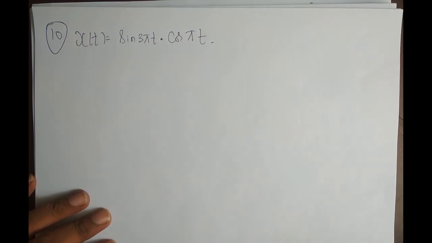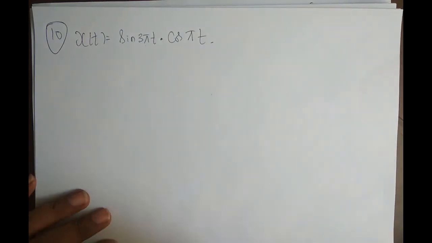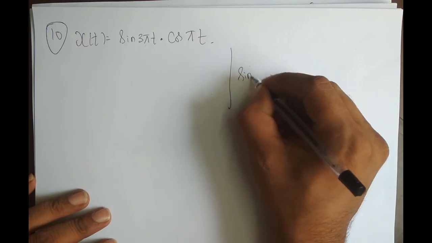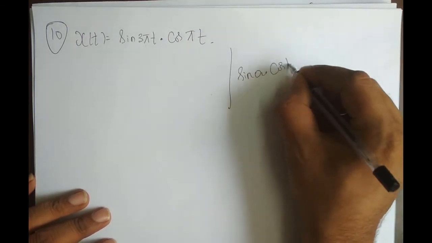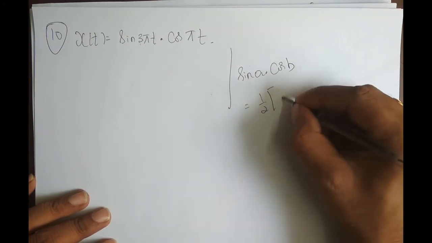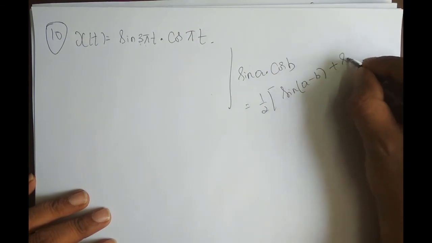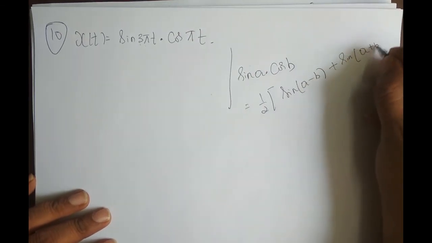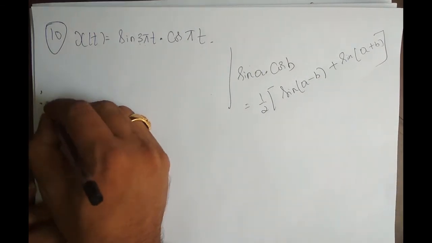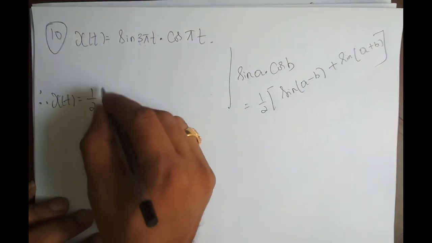Now if this is the case, what you have to do is convert this product into a sum. How do we convert this product into a sum? What is the formula of sin A into cos B? It is equal to 1 by 2 times sin of A minus B plus sin of A plus B. Right? Correct now? So therefore I will convert this into x of t is equal to 1 by 2 times